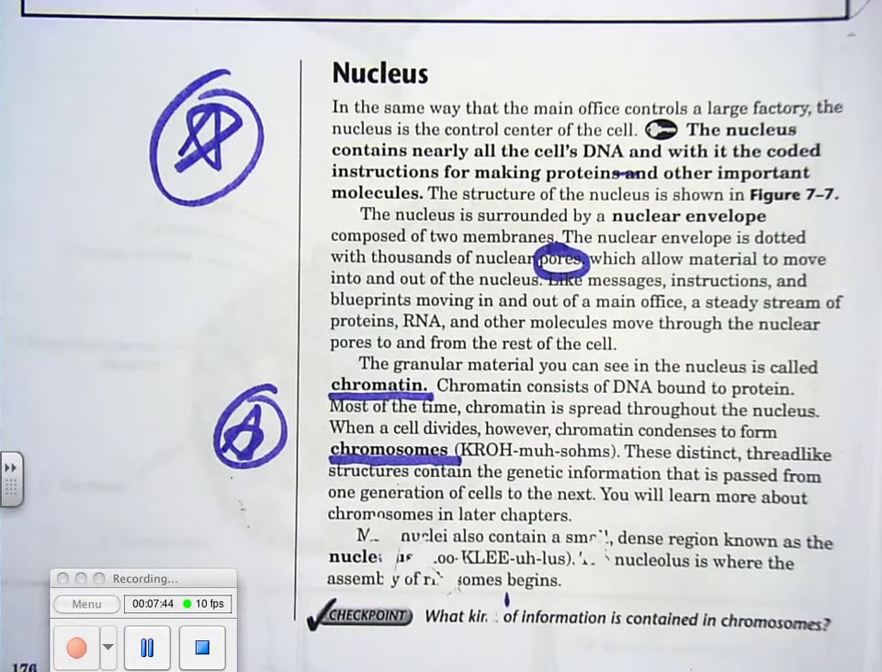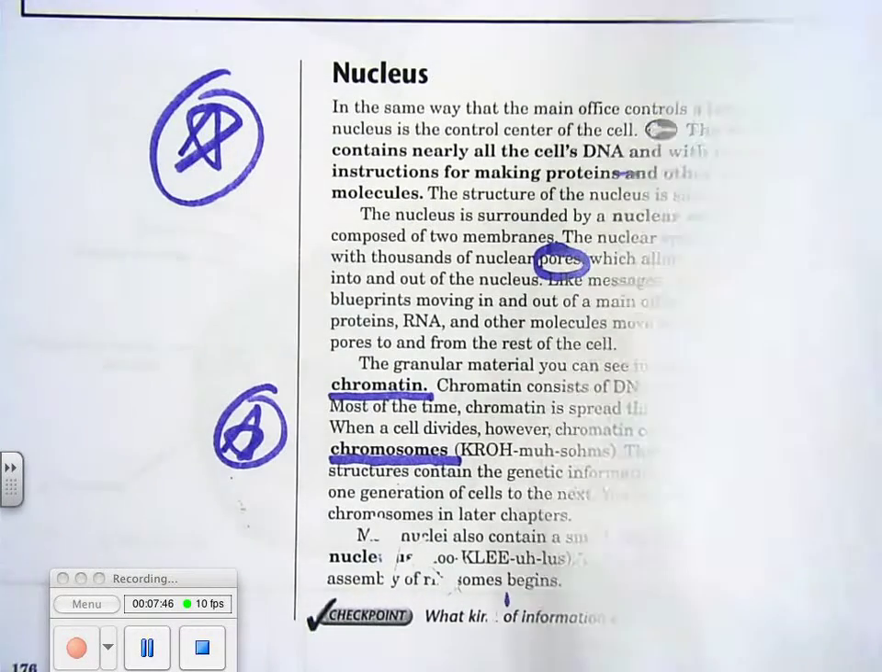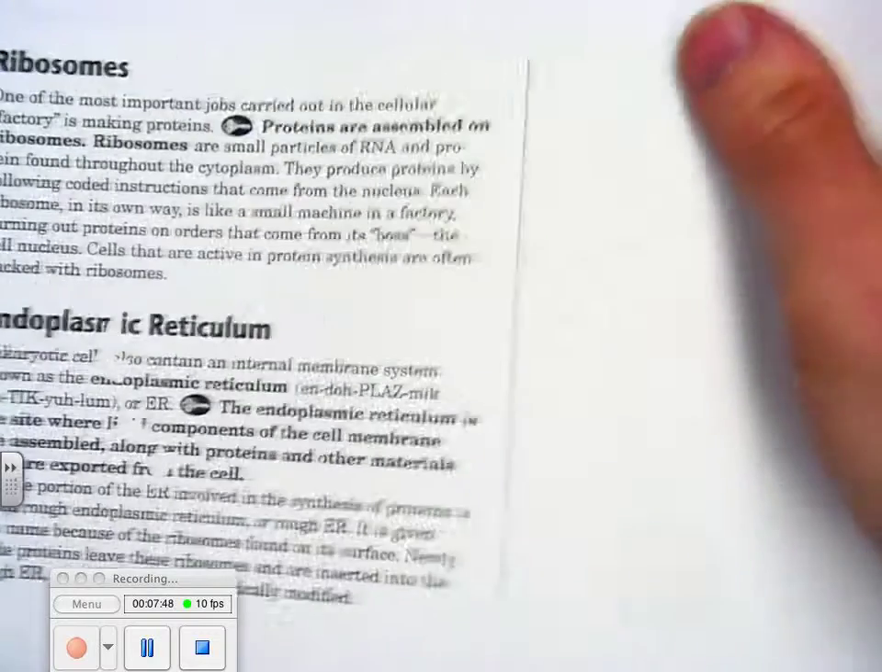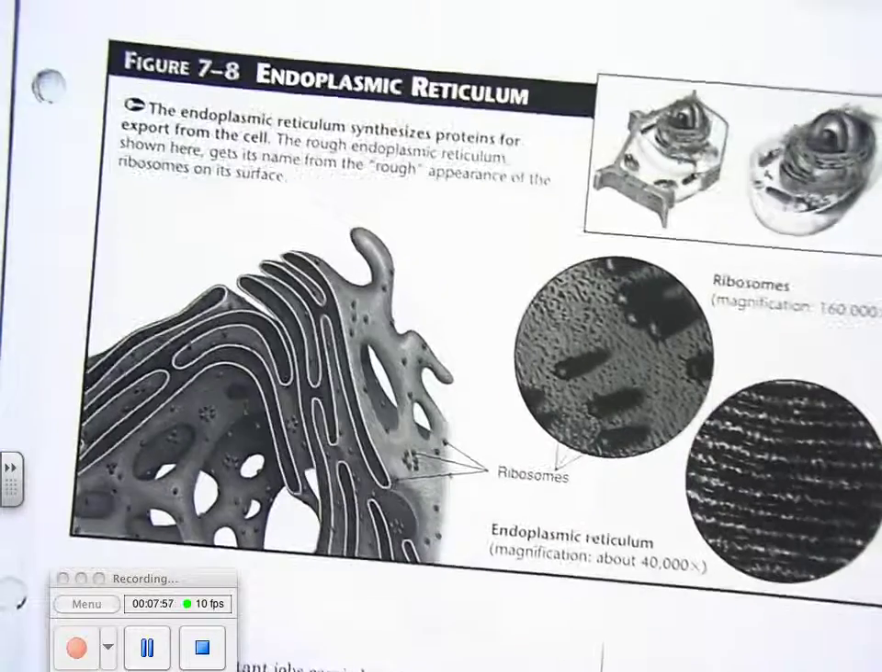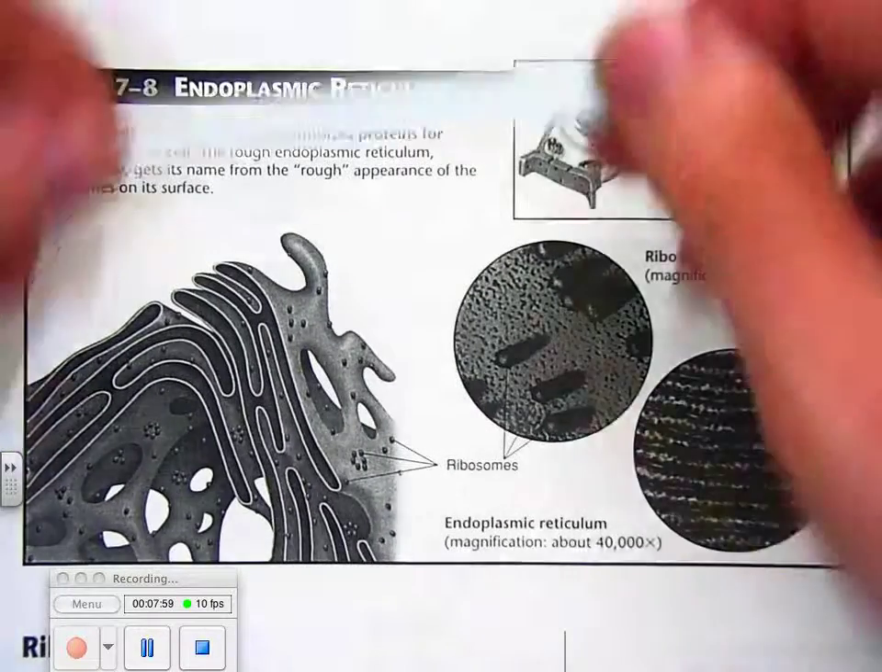Alright, next page, 177. So that's what the nucleus does. It's like the control factory. It's like the main headquarters. It's where orders are executed. What, in our school, would that be like? That would probably be like the principal's office or the